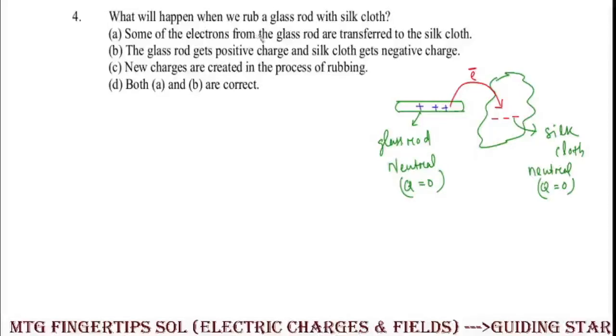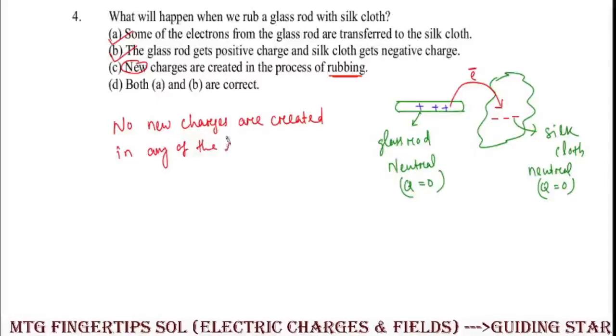तो फर्स्ट स्टेटमेंट ये बोला गया, some of the electrons from the glass rod are transferred to the silk cloth. ओके, that is also correct. The glass rod gets positive charge and silk cloth gets negative charge. That is also correct. New charges are created in the process of rubbing. So one thing we must remember here, that this particular concept is wrong. No new charges are created in any of the methods